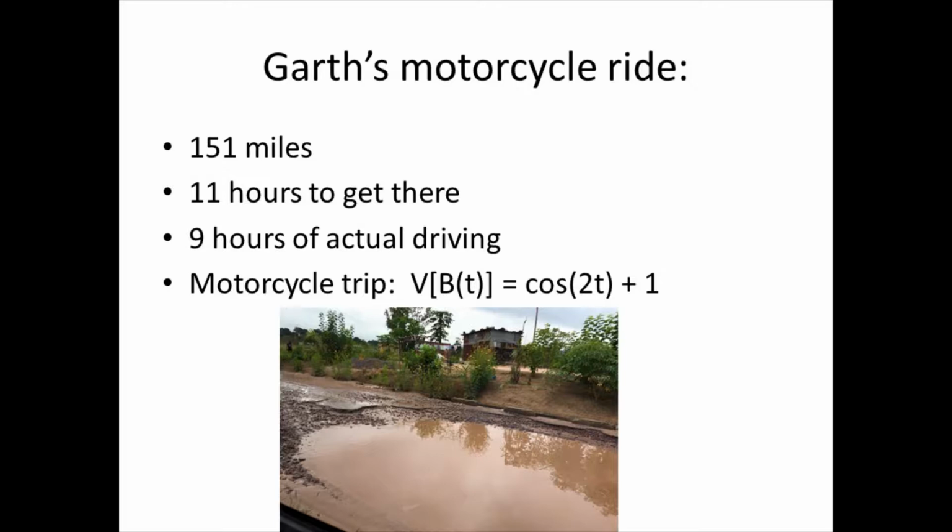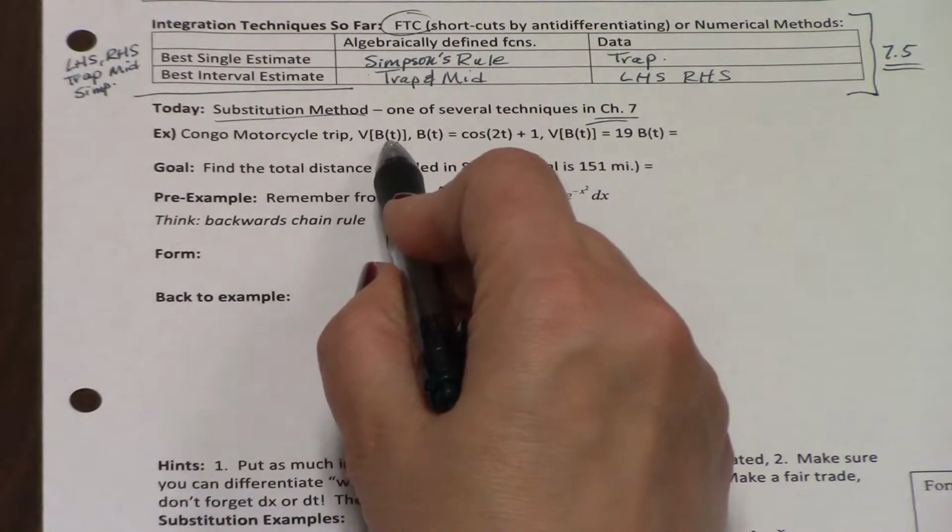They were basically driving out of the country into Uganda to try to go to safety. 9 hours of actual driving because there were lots of stops along the way. So I'm giving this function for the motorcycle trip so that we can talk about the substitution method with an interesting function. So the motorcycle trip, I'm going to use this on your handout now, a V of B of